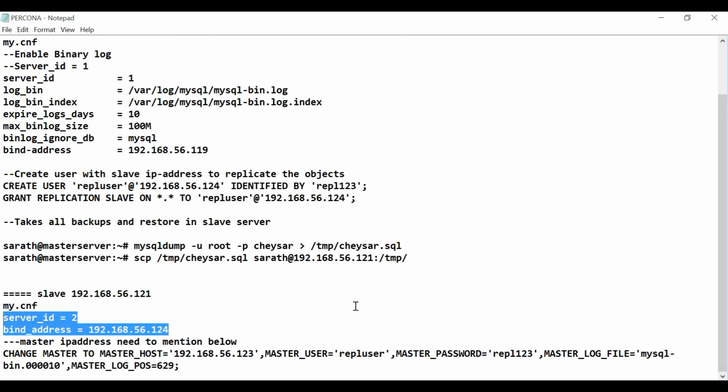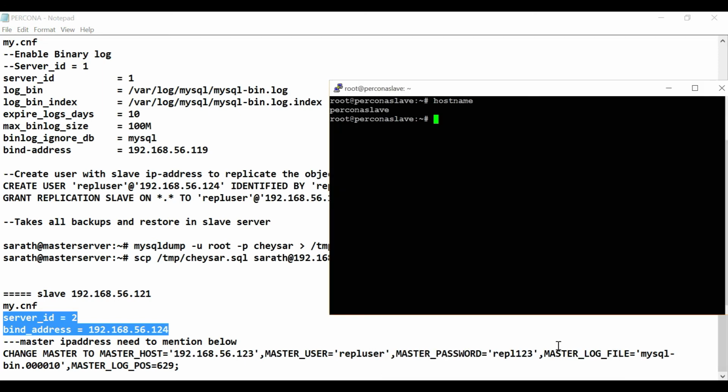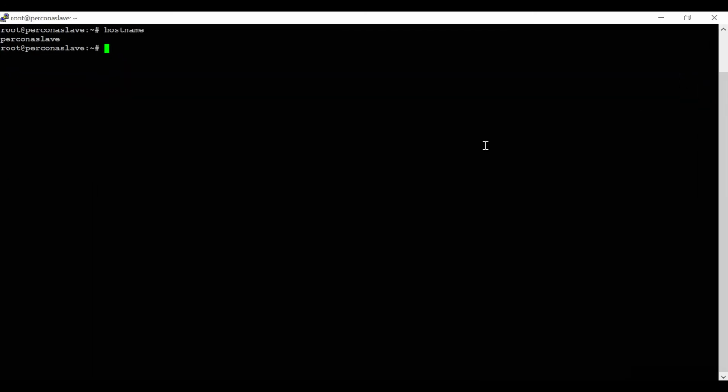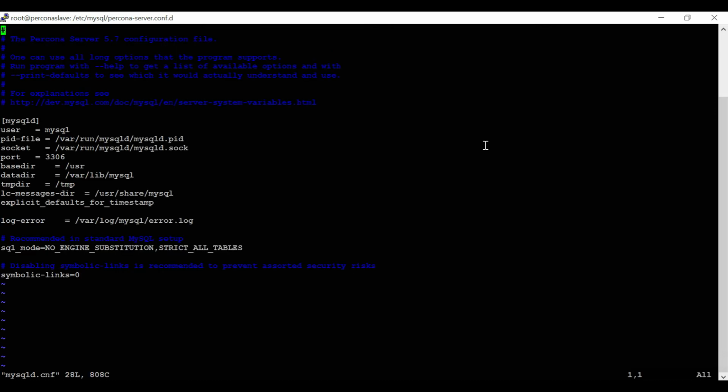You have to keep this into the slave config file, in /etc/mysql/percona. Okay, fine.